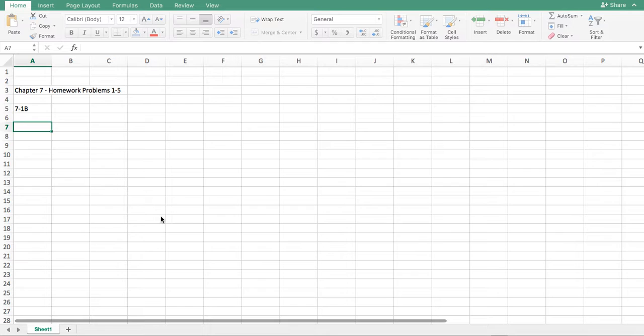So now we're starting on chapter 7, and this is problem 7-1b on page 338. In chapter 7, we're looking at accounts receivable, which basically means that if you own the business, someone owes you money for services or goods that you've provided. We'll start out on August 4th. This is our first transaction. It tells us that we sold $3,700 of merchandise that had a cost of $2,000 on credit to Mackenzie